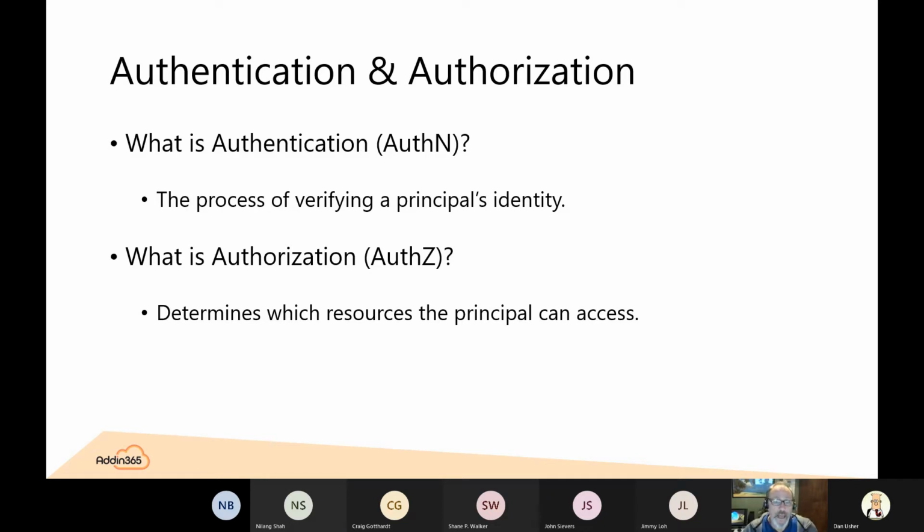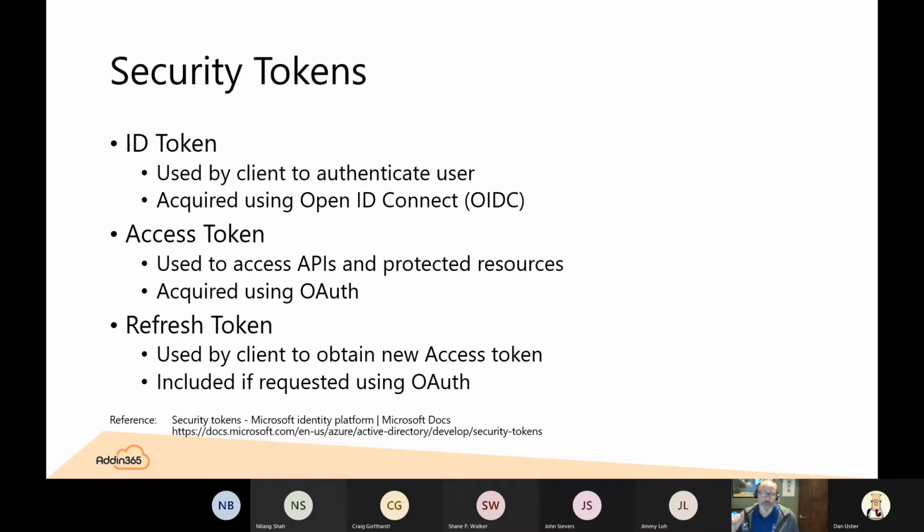Right? And an access token and also an identity token kind of fit in there. If we think about the different types of security tokens that we need, we have an identity token, or an ID token. When a user authenticates and verifies who they are, we have an ID token that represents who that user is. We acquire that token using the OpenID Connect protocol. And if I look at that token, I will see different claims about who the user is. Typically, I get their login ID, their surname, their given name, and maybe some other information. But it's really minimal stuff. That's all it is. This is what we know about this person.